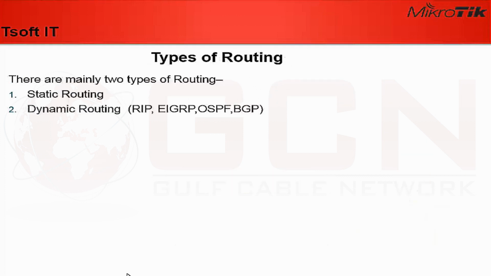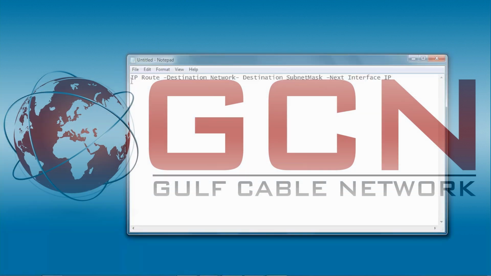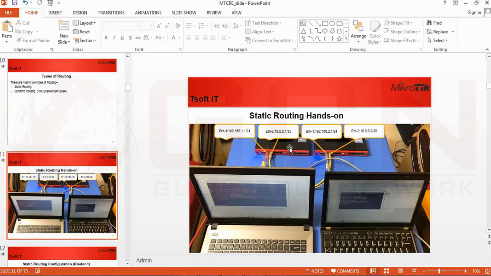Static routing works following rules, so we should know how the rules work. Static routing follows IP route, destination network, subnet mask, and the next interface IP. So let's write down the rule. This formula is used for static routing. This is one router and this is another router. If a packet moves from this router to this router, then the destination network is